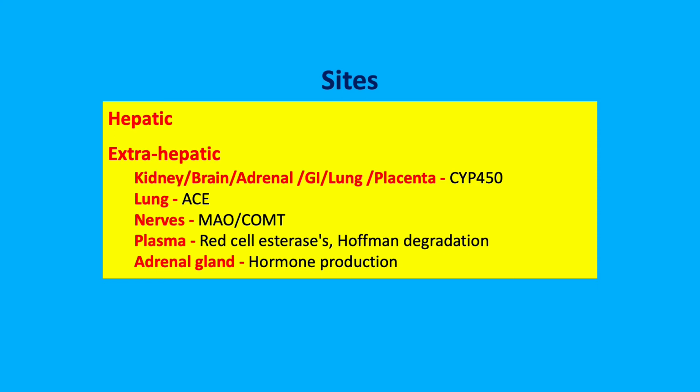But within the lungs is the ACE, within nerves is monoamine oxidase, catechol-methyl transferase, metabolism of adrenaline, noradrenaline. Within the plasma there's red cell esterases, Hoffman degradation for urticaria metabolism, and within the adrenal gland there's a range of different steroid,